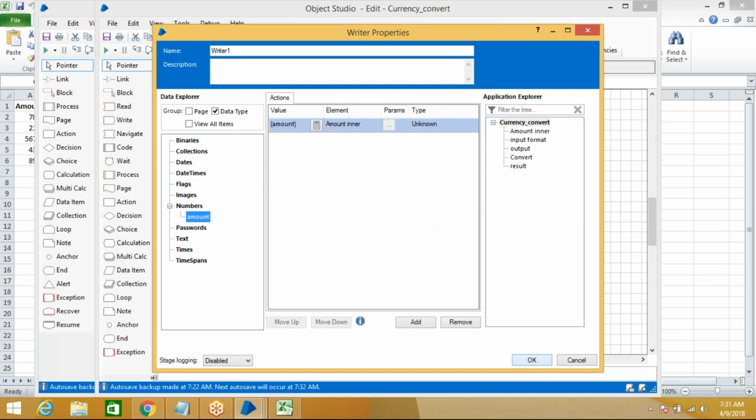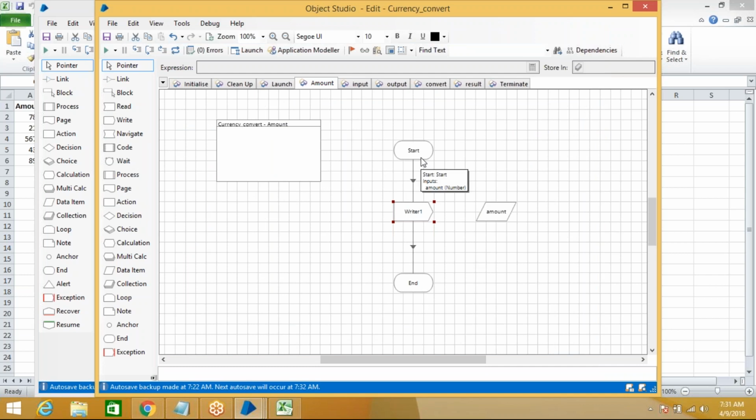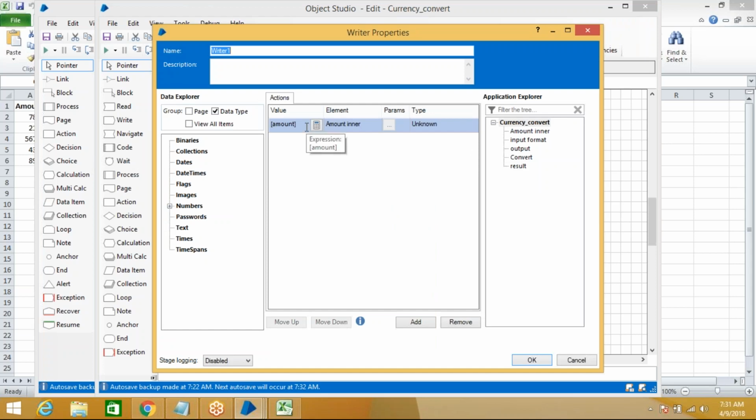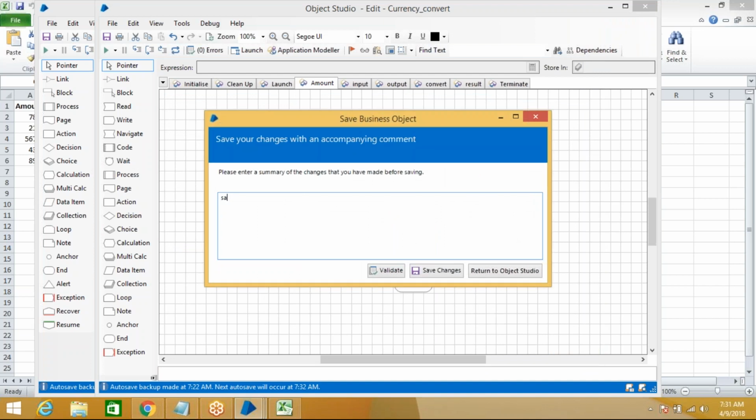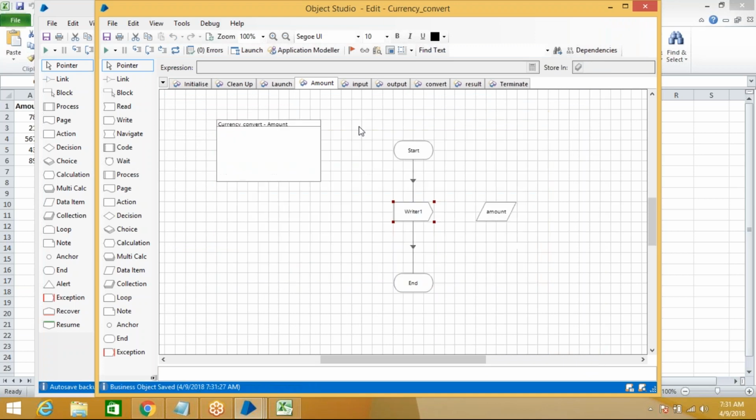It means we have created an input parameter and we are assigning its value to this shape. Okay, we have created a parameter. How do we assign the values for it? Save it and then